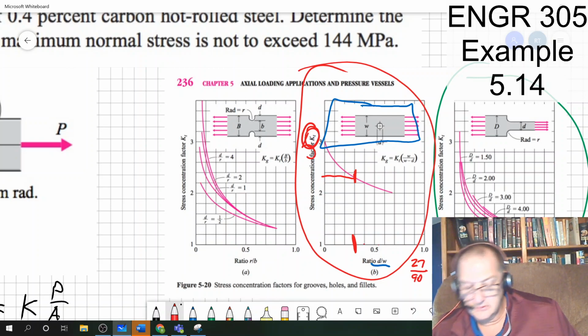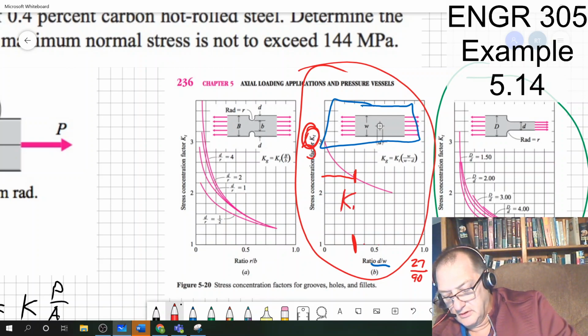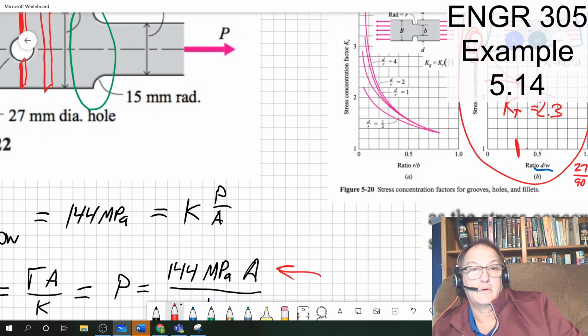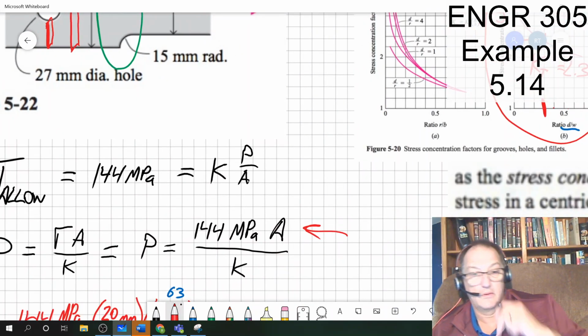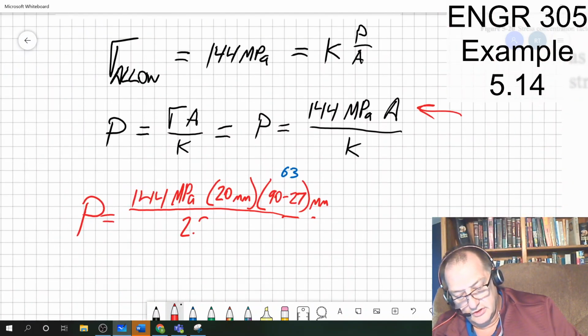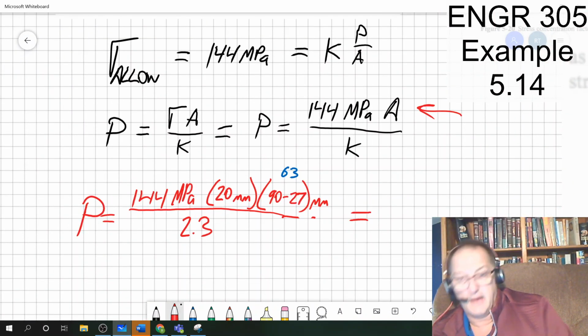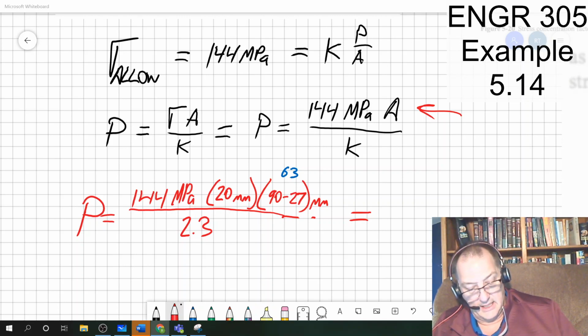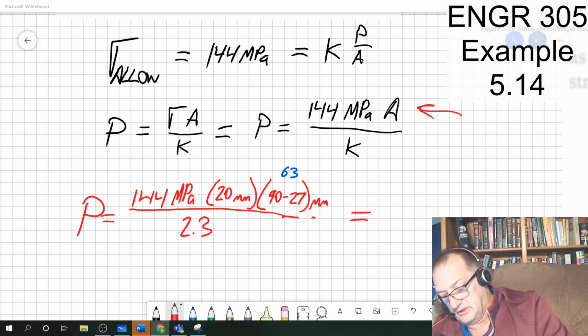So this is 2.2, 0.4, 0.6, 0.8. So that's about a stress concentration of 2.3. All right. Back over here, 2.3. And now I just have to do the math. I can get out my trusty dusty calculator, or I can spin ahead, and I am going to get P is equal to 78.9